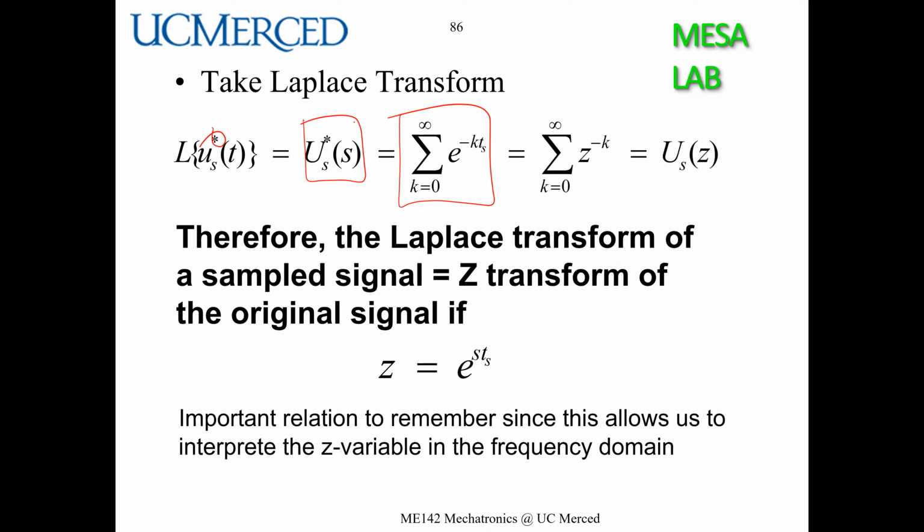And comparing it to this one, it is exactly like this. So from this connection, and this is from the definition of the Z transform, this is always a sequence. So compare this one to this one, we can say Z is e^(sT). Remember, we